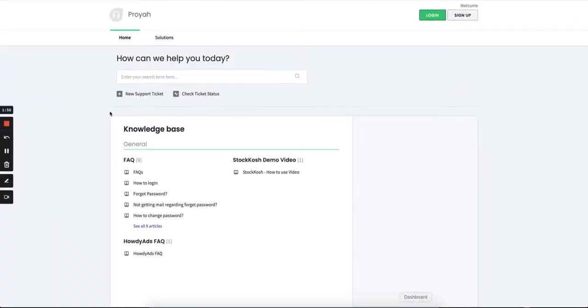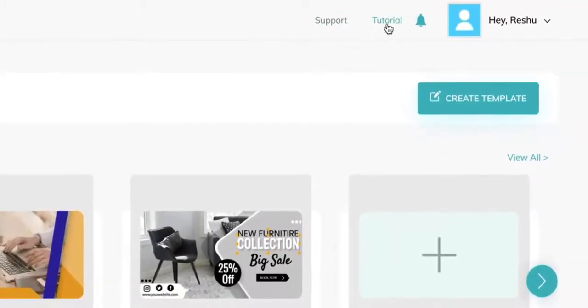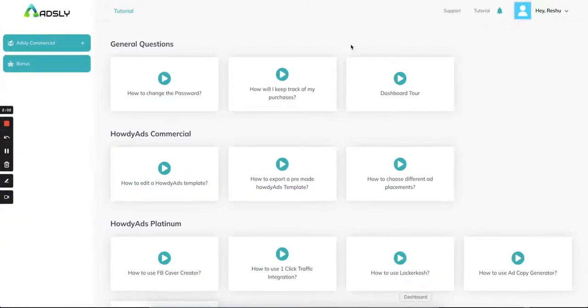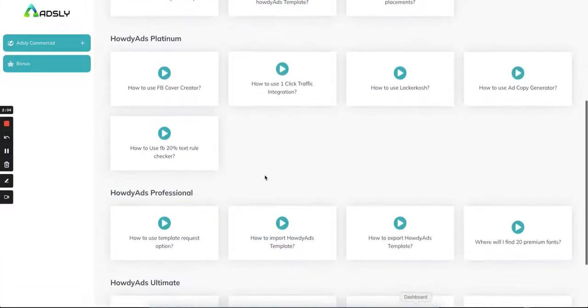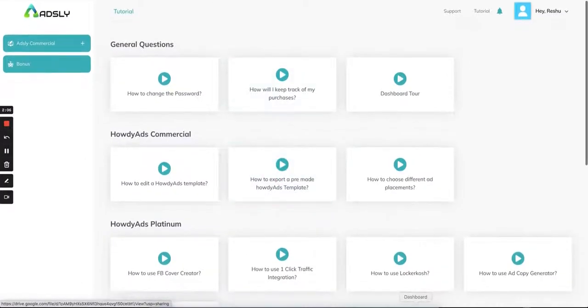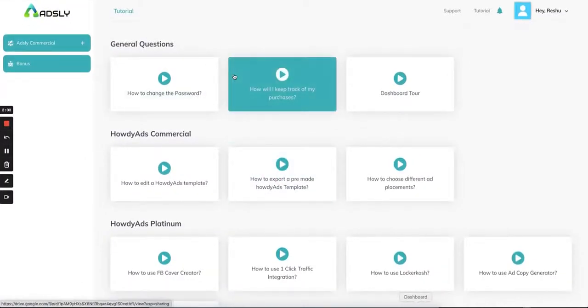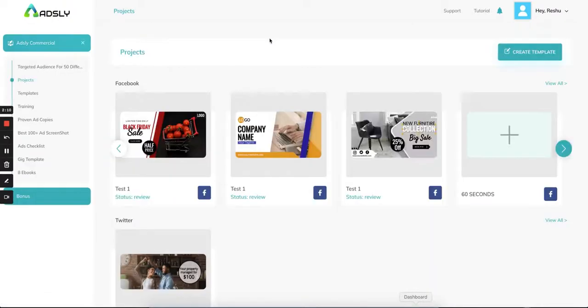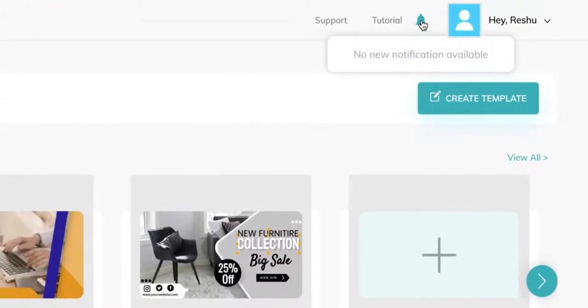From here you will be taken to our support panel where you can raise a ticket if you have any problem, and these are all the tutorials which will tell you how you have to use Adsly. Coming back, this bell icon will notify you if you have any notification from our end or from your customers' end.